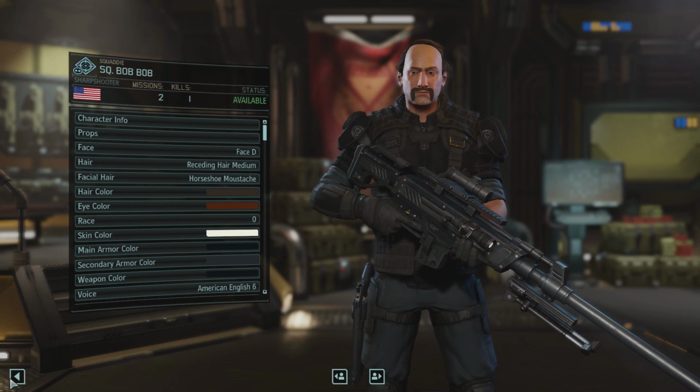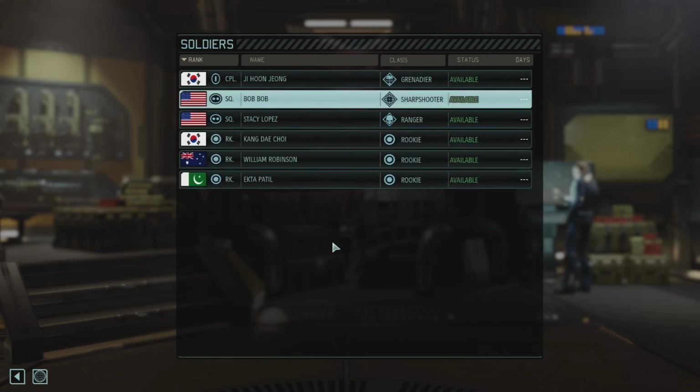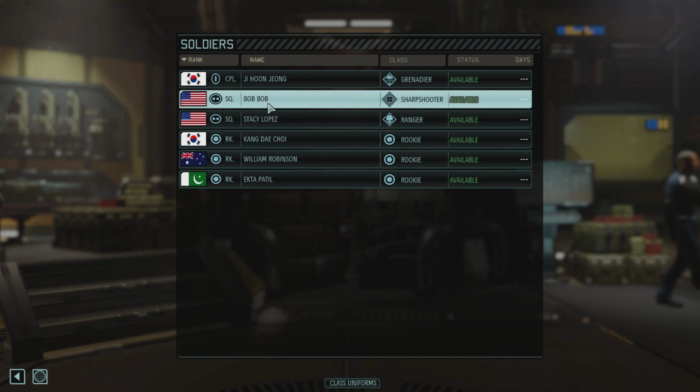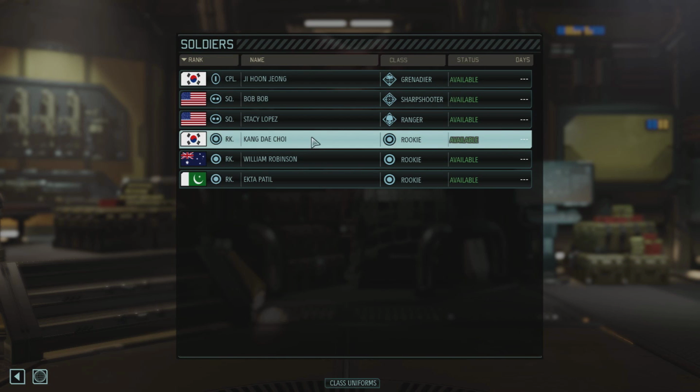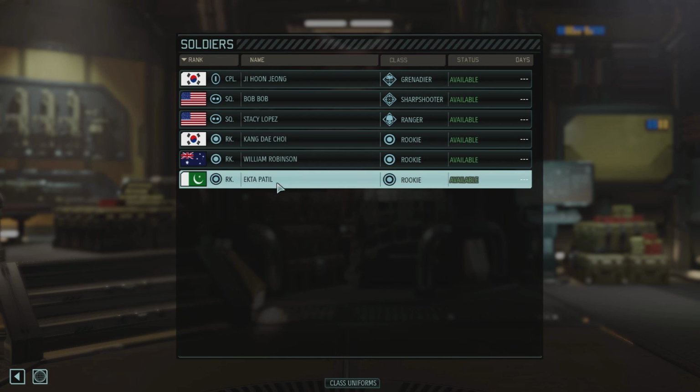Okay, so yeah, this is nice. I like what's happening to our soldiers right now. Who's our crew right now? We've got Jin Hung Jung. He's the only original guy in terms of the name. We got Bob, and Stacy Lopez. So we've got 3 actual soldiers, 3 rookies. The roster is actually thinning out, so I'm going to have to recruit more people. I'm going to recruit more soldiers,